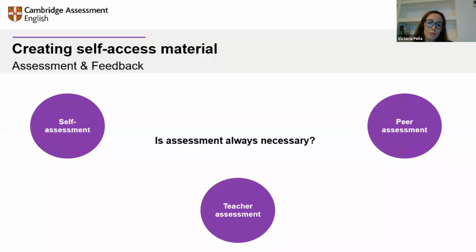Yes, some sort of assessment is always relevant. Self-assessment and peer assessment are going to make students aware of their abilities, their weaknesses, what they need to improve. And it is going to also make them more familiar with the assessment criteria so that they have the tools to guide their learning.